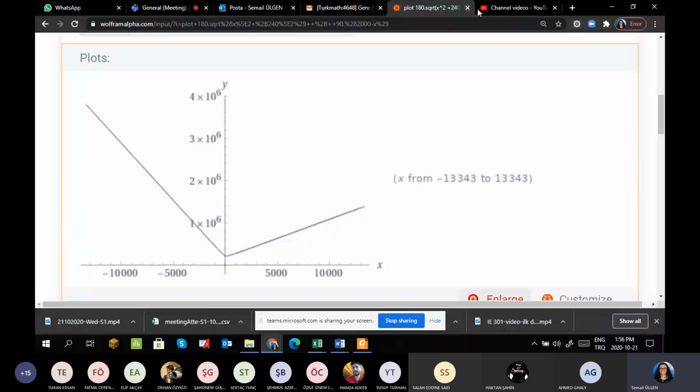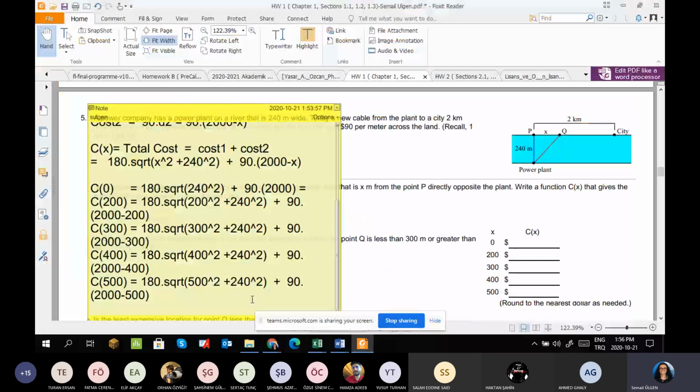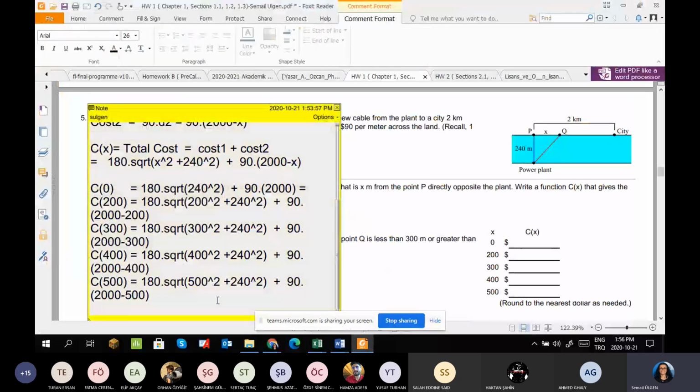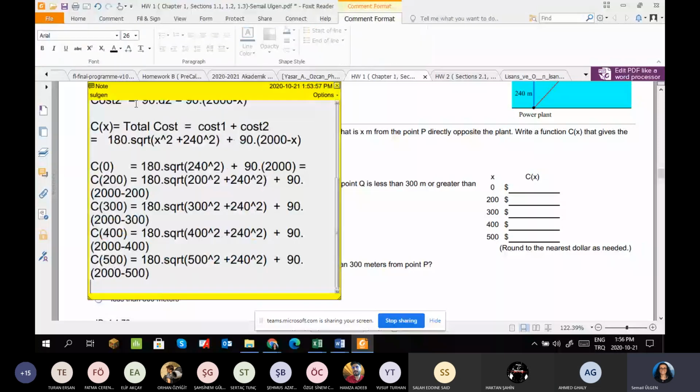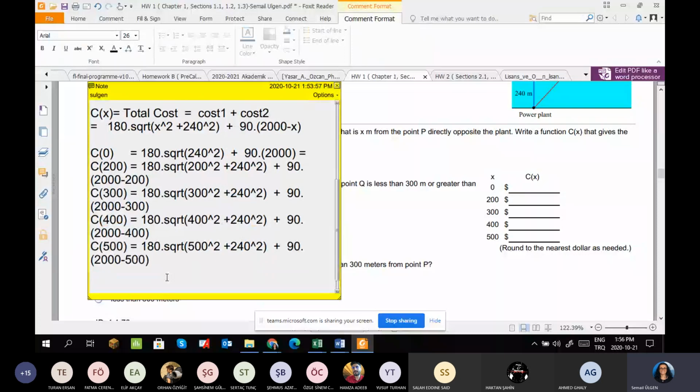So I'm going to say by looking at the graph. Okay, let's write it in here if you like. By looking at the graph, answer to the question C, I guess. Was it C? Let me see. No, it doesn't say C. Okay, so the answer to the last question,